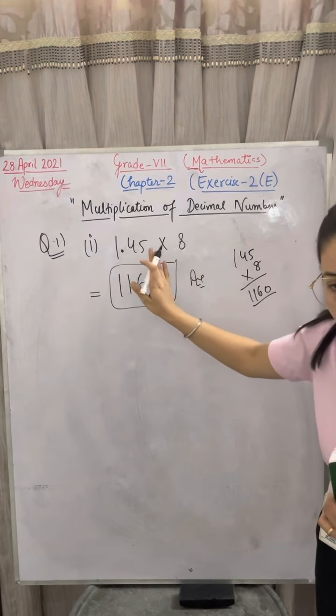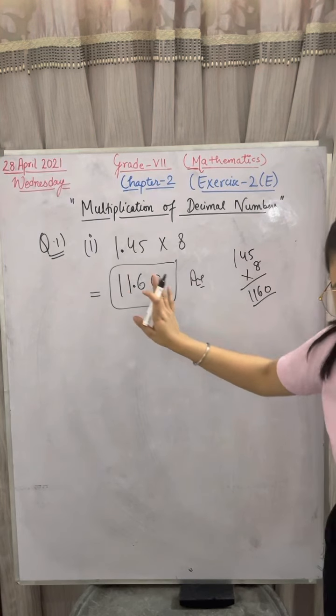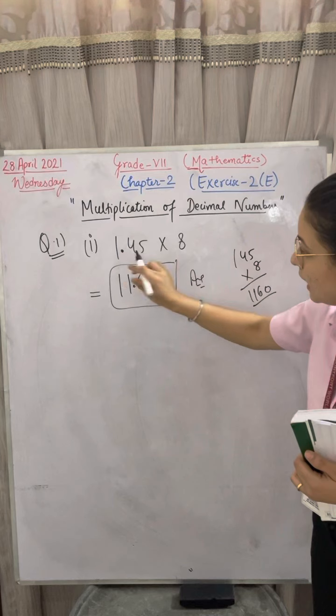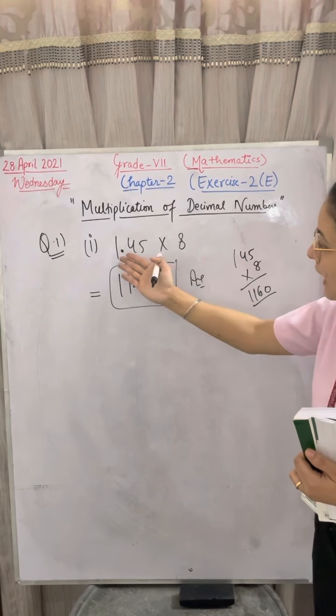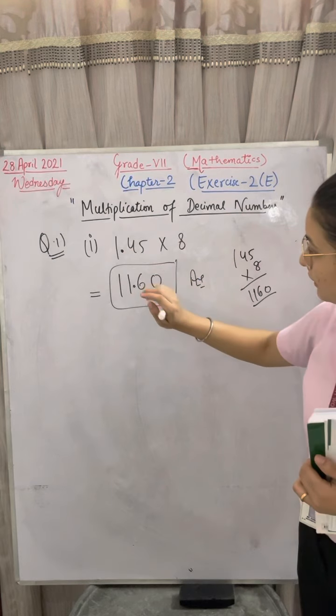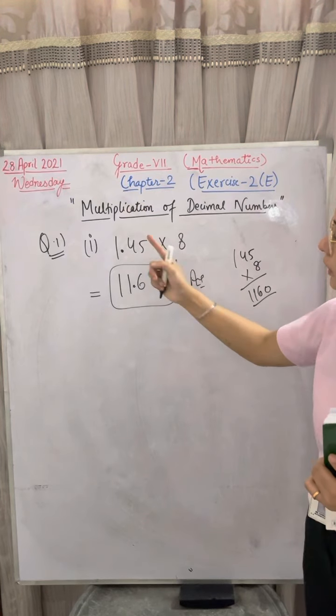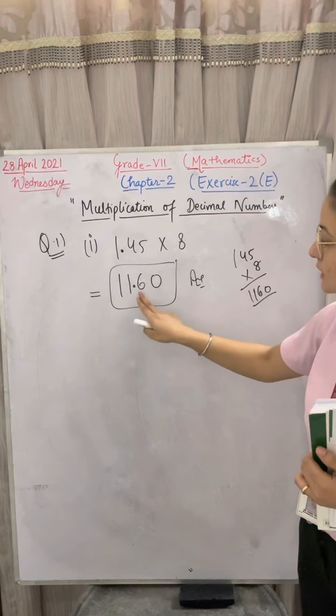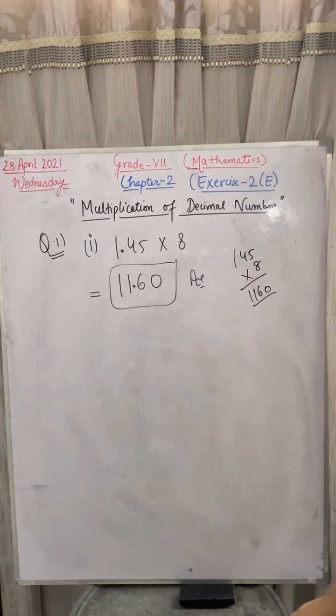You have to do multiplication. You have to apply the multiplication method, same as the way you are doing. Okay. Just check it out. Where are we having decimal? Only here. Here I am not having any decimal. Only here I am having. So here decimal is before 2 digits. So check it out. Okay. 2 digits and you have to place decimal before 2 digits. That's it. It's clear to everyone?